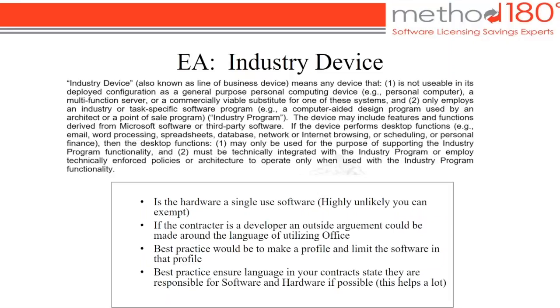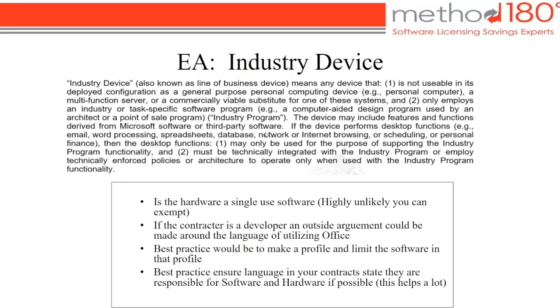Okay, so what do they say is an industry device? It's a general purpose computer, such as a personal computer, that acts as a multifunctional server, we don't have those, or only employs an industry or task-specific software. Basically, they give us an example of a computer-aided design program or point of sale. So does that PC that this contractor is using only run a very specific software, and that's all that